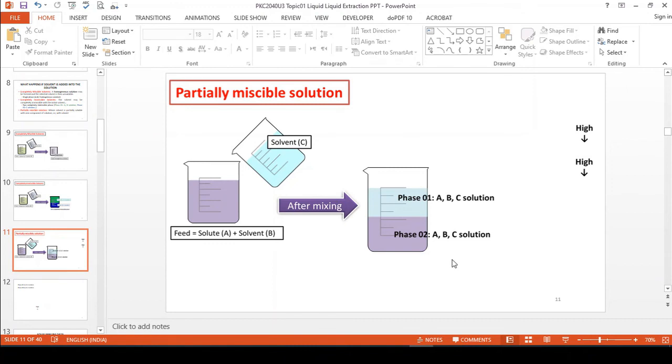The difference between these two is that because B and C are the solvents, in one phase C is high, for example in phase 1 C is high, and in phase 2 B is high. C high means the extractive solvent solution, B high means the raffinate phase. So this is the case of liquid extraction, where we are going to discuss the different types of the